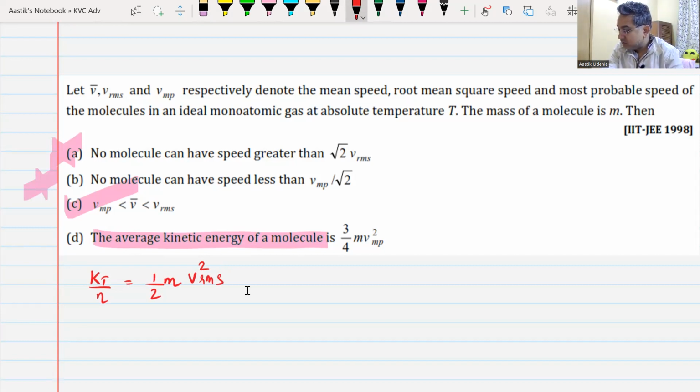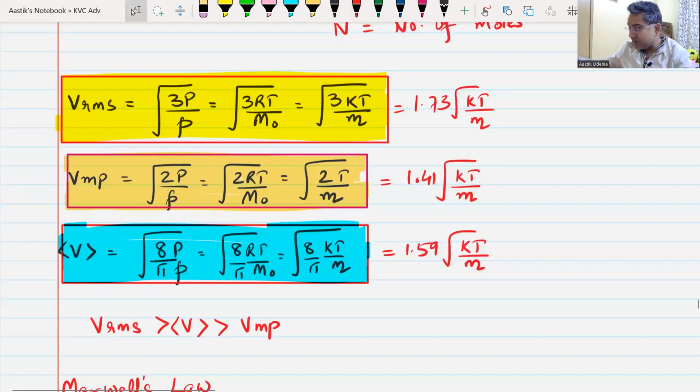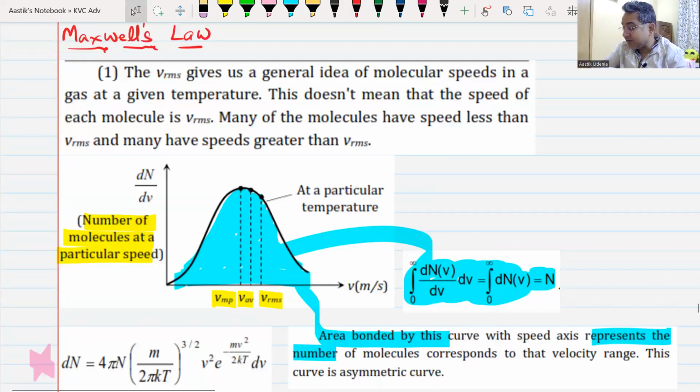Okay, sir. We are in this universe. This is a good universe to live in. You know this, na? This is a good universe. Or we have forgotten this universe. We have forgotten everything. I gave you everything here in Maxwell's law as well. Everything and everything. Can't forget this. A simple mistake and your IIT-JEE dream is gone.